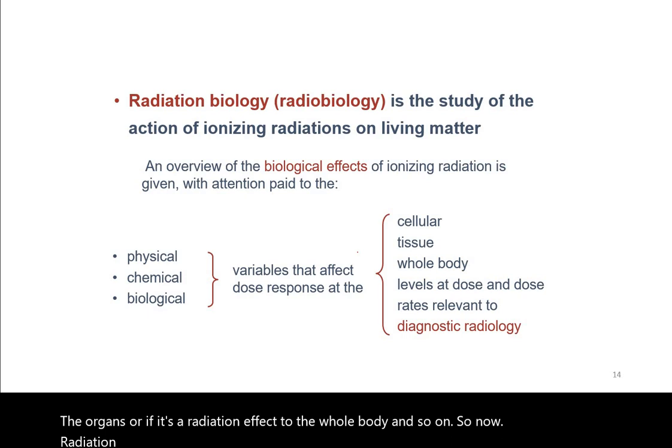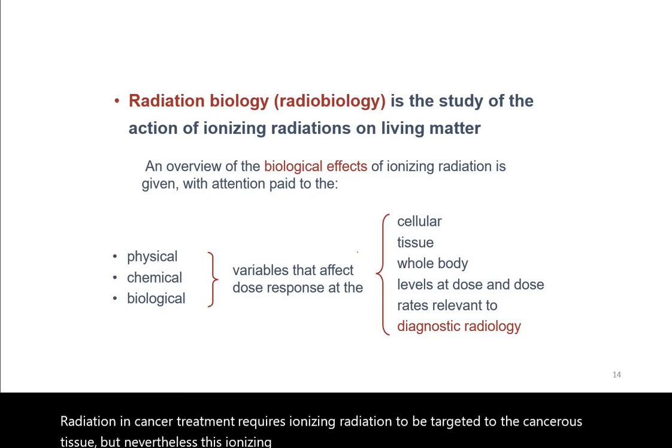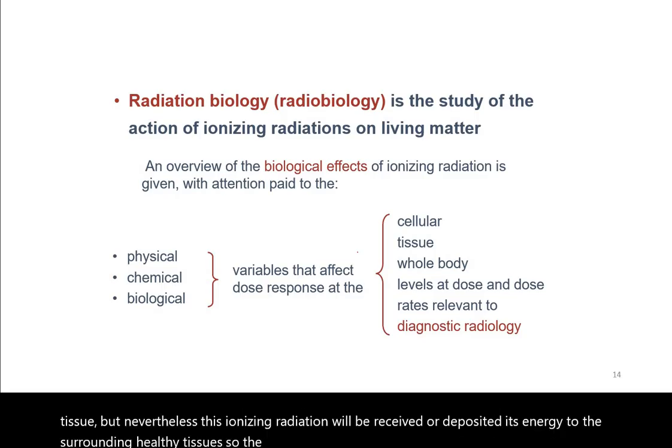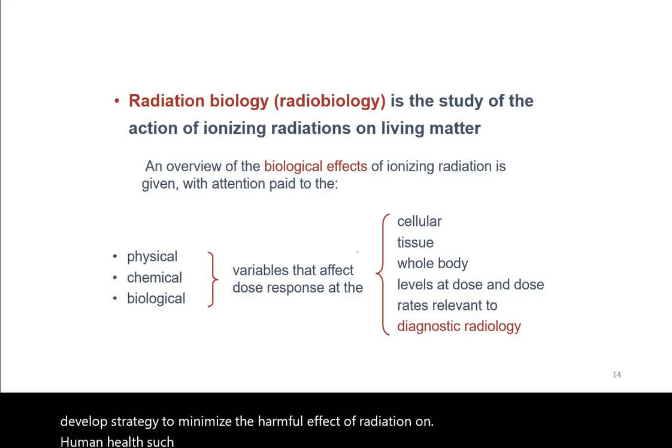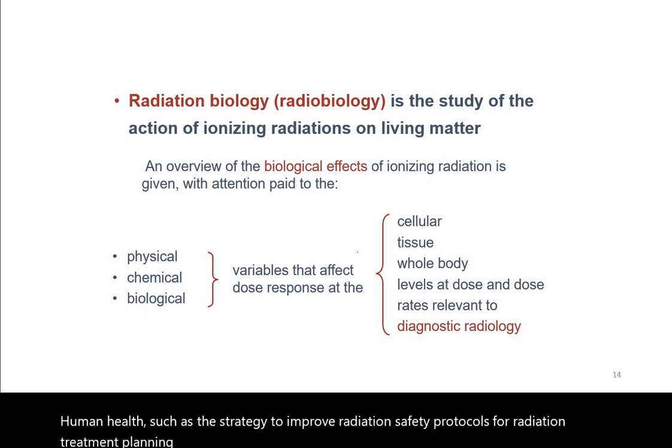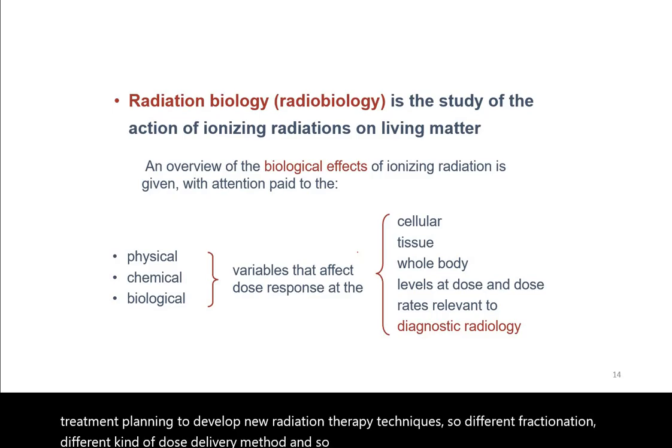Radiation in cancer treatment requires ionizing radiation to be targeted to the cancerous tissue, but nevertheless, this ionizing radiation will deposit its energy in the surrounding healthy tissue. So the knowledge gained from radiation biology can be used to develop strategies to minimize the harmful effect of radiation on human health, such as strategies to improve radiation safety protocols for radiation treatment planning, to develop new radiation therapy techniques, so different fractionation, different kinds of dose delivery methods, and so on,